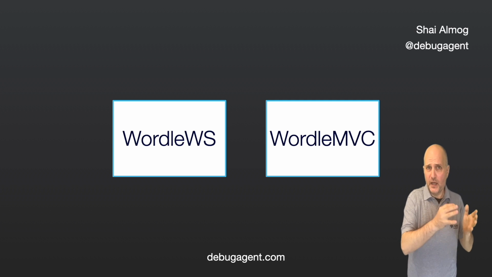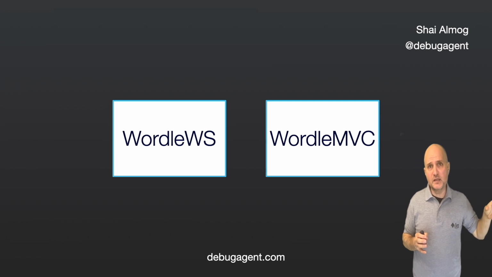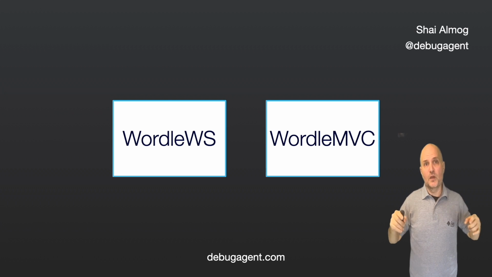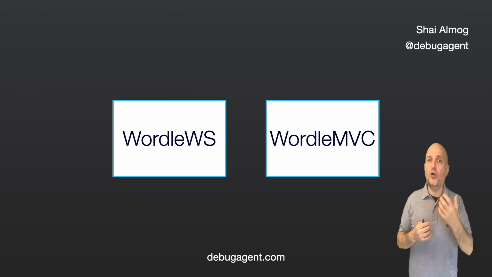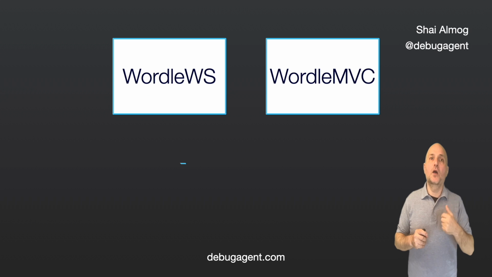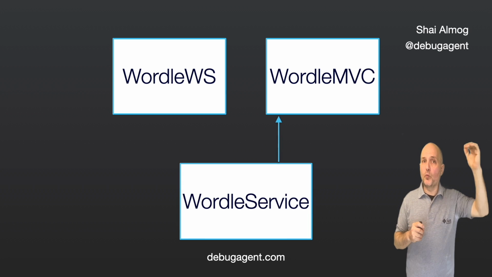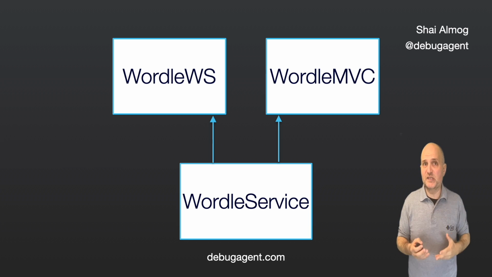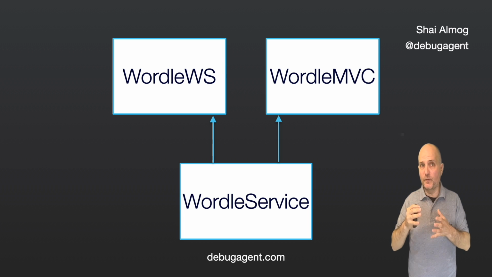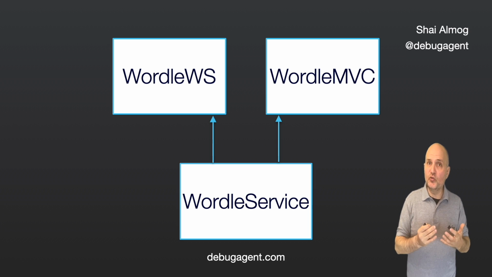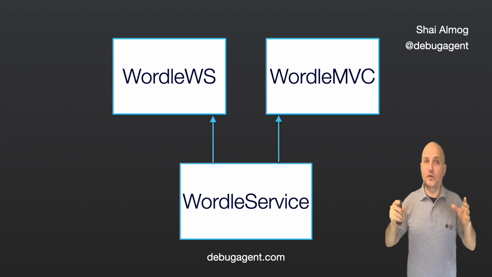Now, I could copy and paste the code from Wordle WS to the new MVC class. But if I do that and I need to change something in the code, I'll need to change it twice. This makes things far harder and it obviously never ends. Once you start copying code around, it forms a mess. What if we take the code from the Wordle WS and move it to a third class, which we would call Wordle Service? This class will include the common features of Wordle WS and Wordle MVC, which we can then reuse so there won't be duplicate code in the web layer.